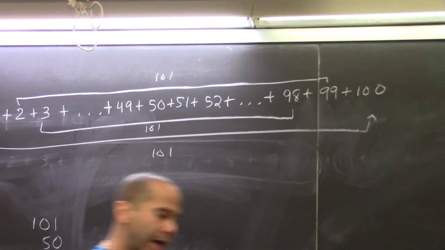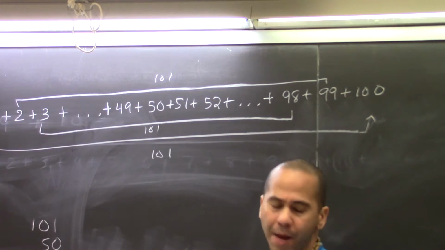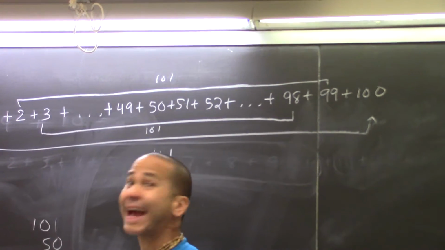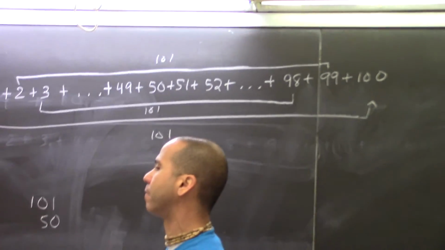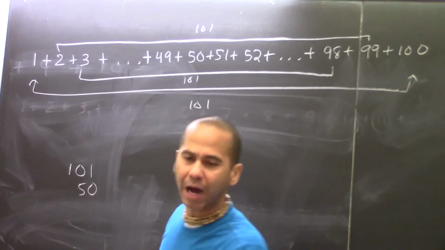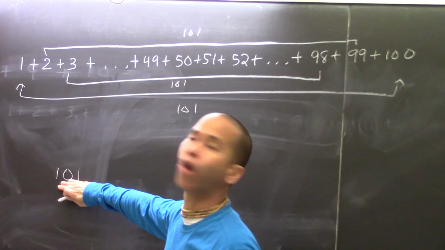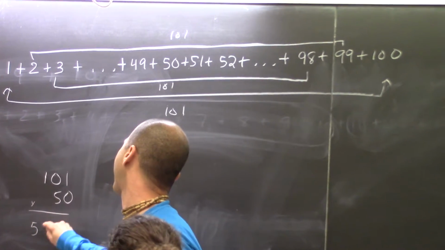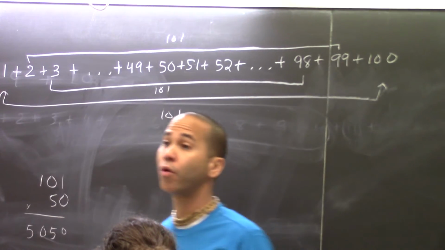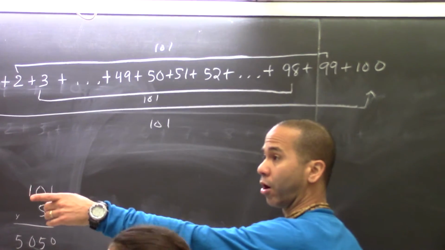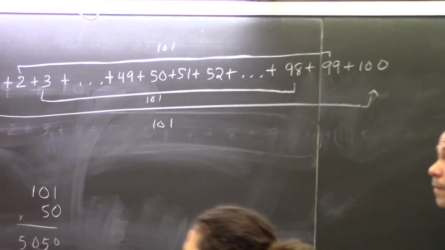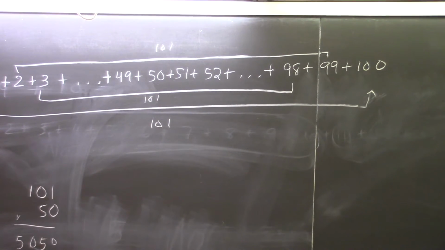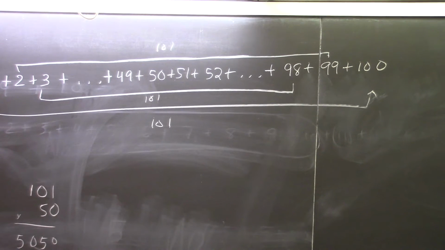So we have 50 groups of 101. And we can add that. 101 plus 101 is 202, and 303, and so on. We don't need to multiply. I mean, we can just add 101 50 times. And this will get us to 5,050. Oh. Or, yes, or, you can just use the 1 plus 2 plus 3 plus 98 plus 99 plus